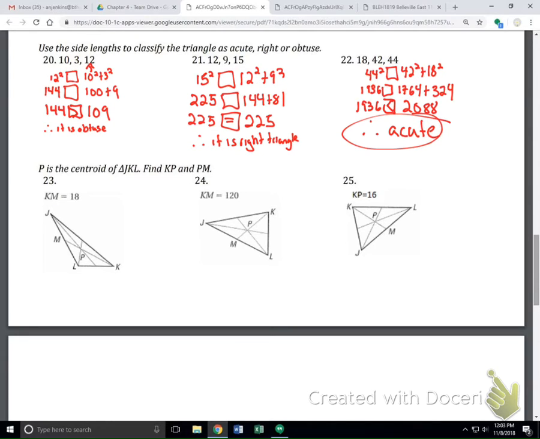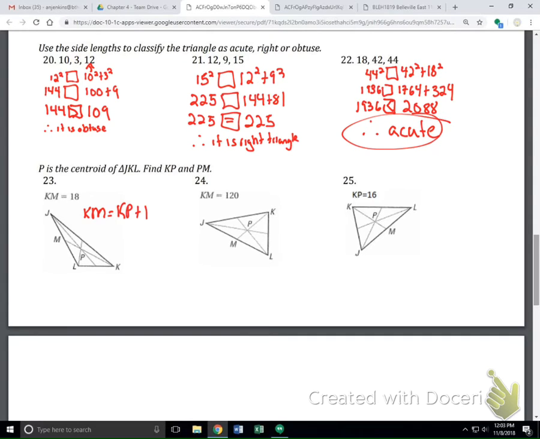Our last one on this page. So for the last one on this page is what we did yesterday. So we're using the fact that these are medians and they're intersecting at the centroid. And so we know that the side with the vertex is going to be the 2x, and the side without it is going to be the x. So we have KM, which is our median. Okay, so our first part is we're going to set up. Sorry, Jahim. So KM equals